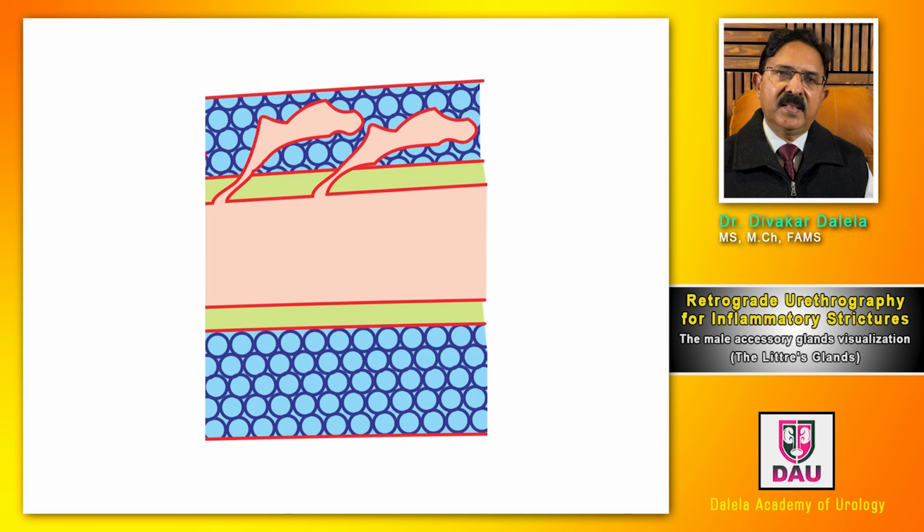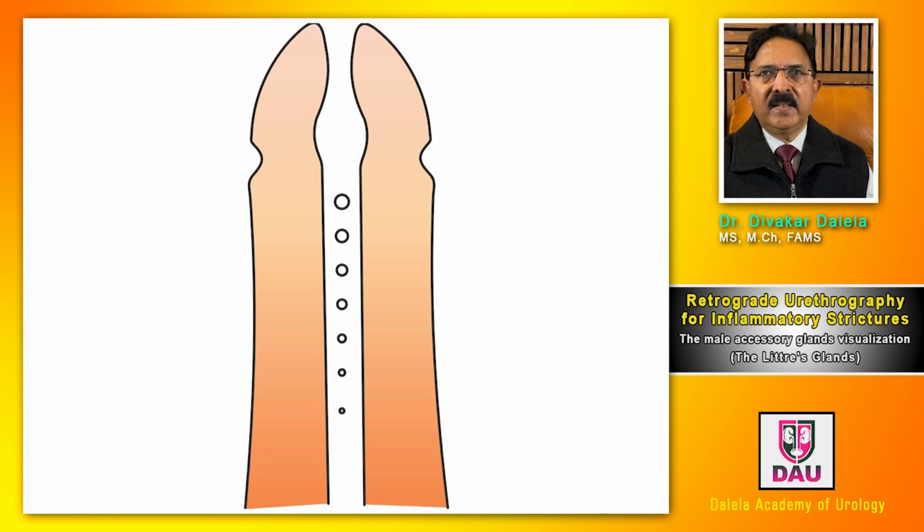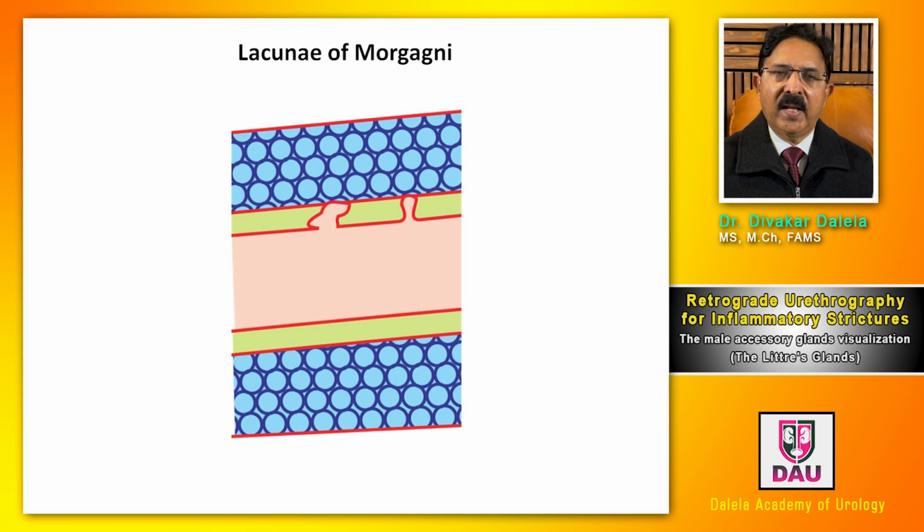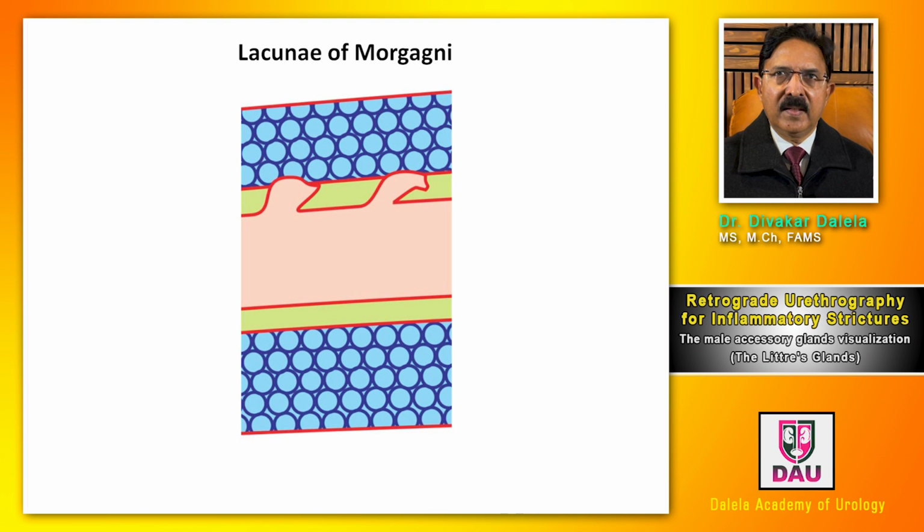Now, this is a magnified urethral section showing you the Littre glands which are opening in the urethral lumen. Here again, I showed you these structures which I called lacunae urethrales and lacunae Morgagni. That is how they look in the lateral profile. Look at their location. They are located within the mucosa of the urethra and they usually open by a wide mouth. And these are larger lacunae Morgagni. They can be small or they can be large.